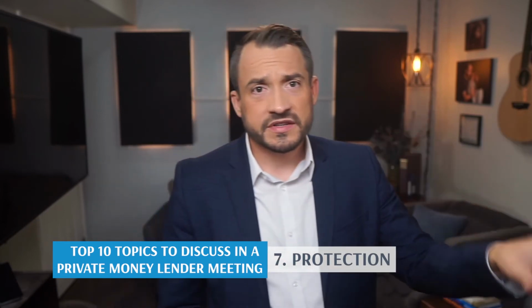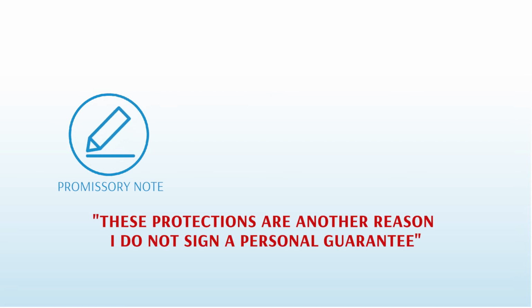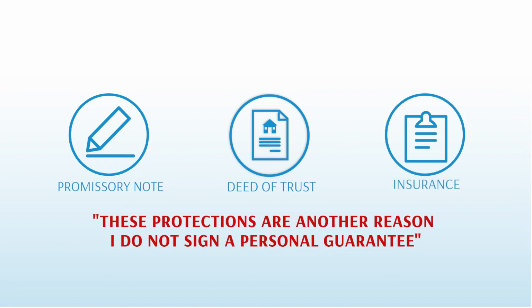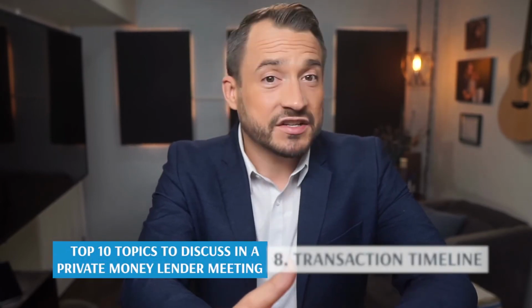So, transition to protection, and of course, we've already discussed the promissory note, so I'll finish providing the details of that, and then I'll let them know that it's secured by a deed of trust, right, in first position or second position, depending. They're also named as additionally insured, loss payee, and at this point, they should be pretty familiar with all of that stuff if they actually watched the videos and read the material that I sent them, right, prior to the meeting. So if they read the PDF, they really shouldn't need any more context. If they do, we'll just talk about it, right? It's pretty simple. So the next one is transaction timeline.